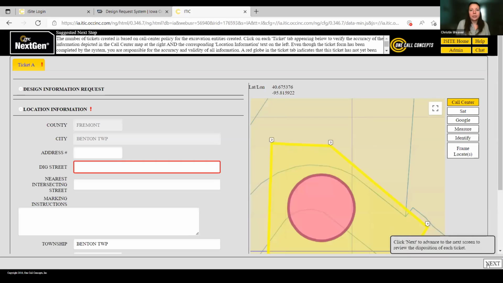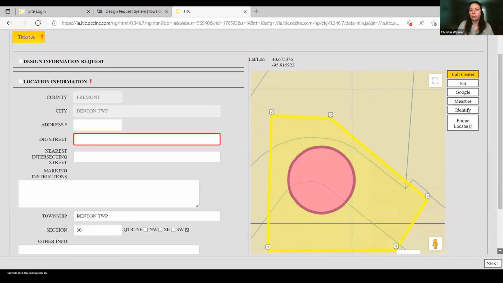So unique to the DIR is that once you are on the second page, you are filling in the information a little different than from what you would do with a locate request. This is not a locate request in the sense that the utilities are required to go out there and mark the area. Like I said earlier, this is purely to get the information of which utilities would be located within